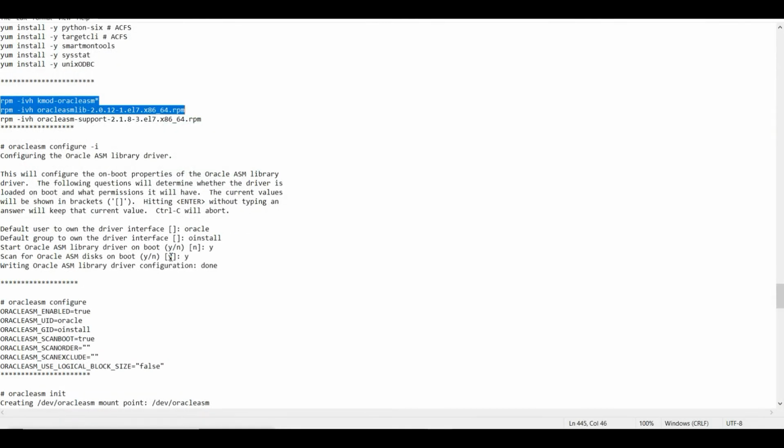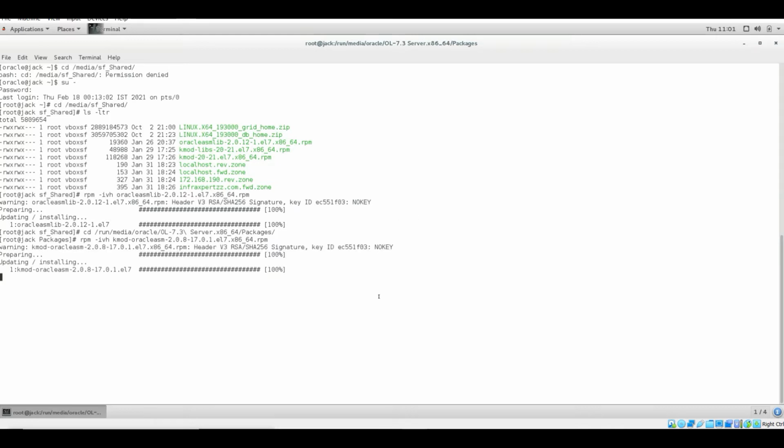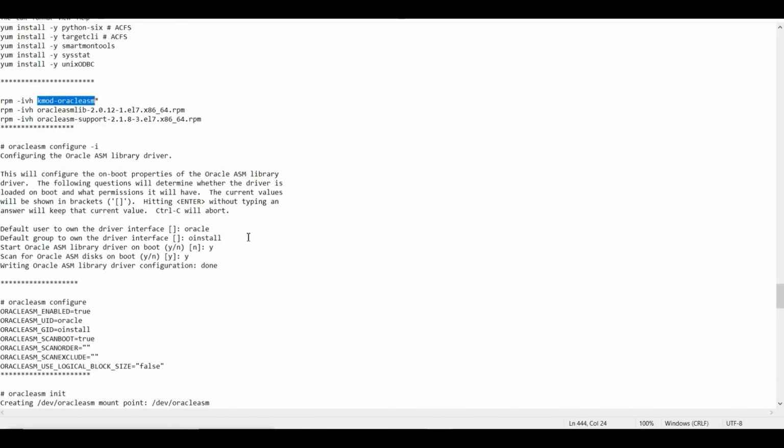Let me just take it from here. So this is installing, and once this is installed, I need to install the Oracle ASMLib also.